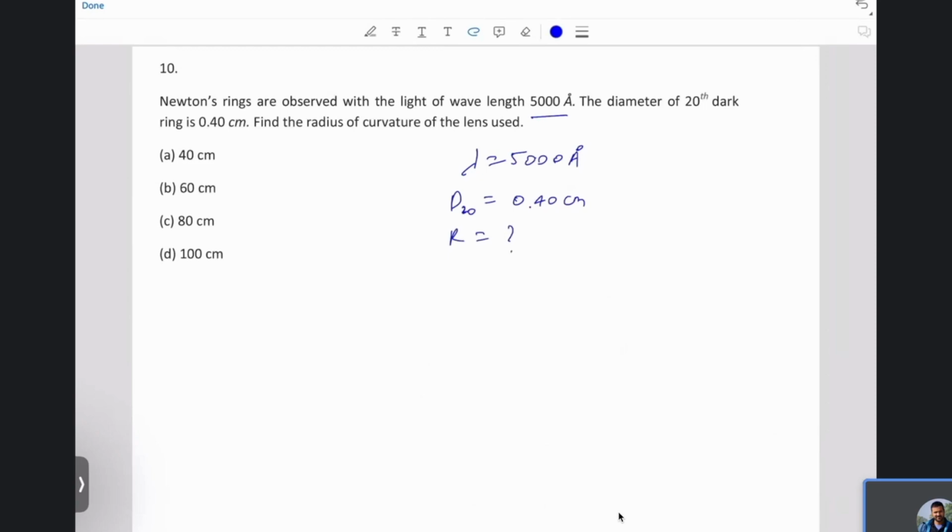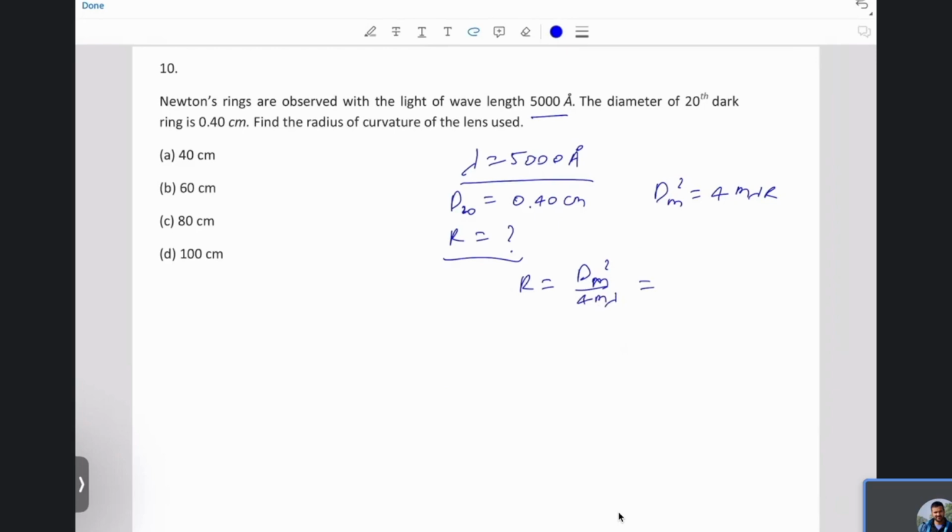So suppose in an experiment you don't know the radius of curvature of the plano-convex lens that you're using, but you know the wavelength of the light. Then you can calculate the radius of curvature by the same formula. So you have this formula. R will be just dm square by 4 lambda,